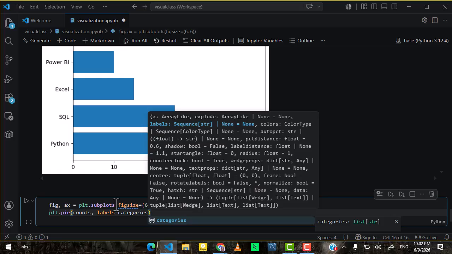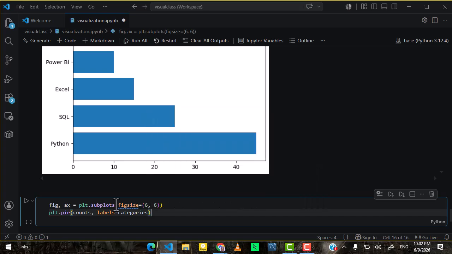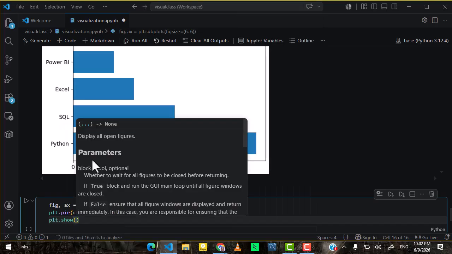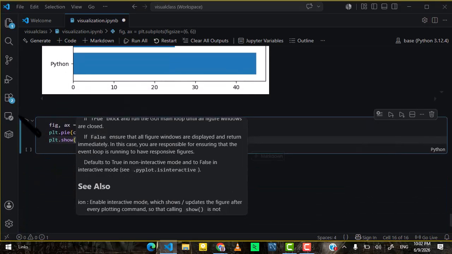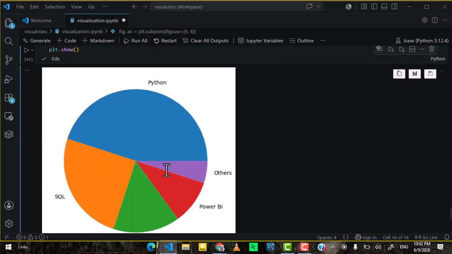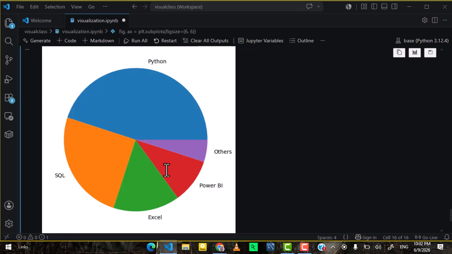So let's just plot it so that you understand what I'm saying. Let's say the labels is categories, and let's leave it like that so that we can see the basic pie chart. Look at it. See Amba? And as you can see,